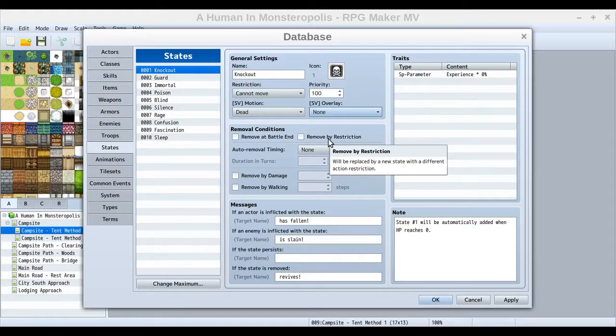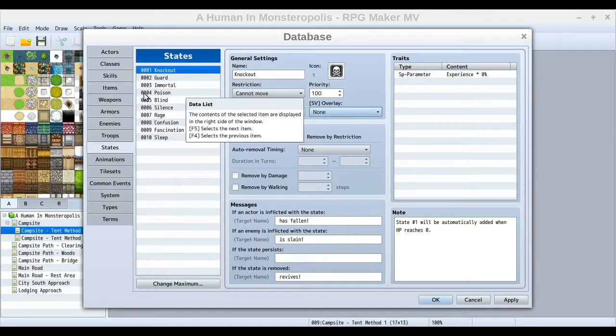Let me read that. It will be replaced by a new state with a different action restriction. So I'm pretty sure it's some kind of priority thing, like if something took over, what would it even be? Let's see. Say, for example, you have poison or something already on a character,